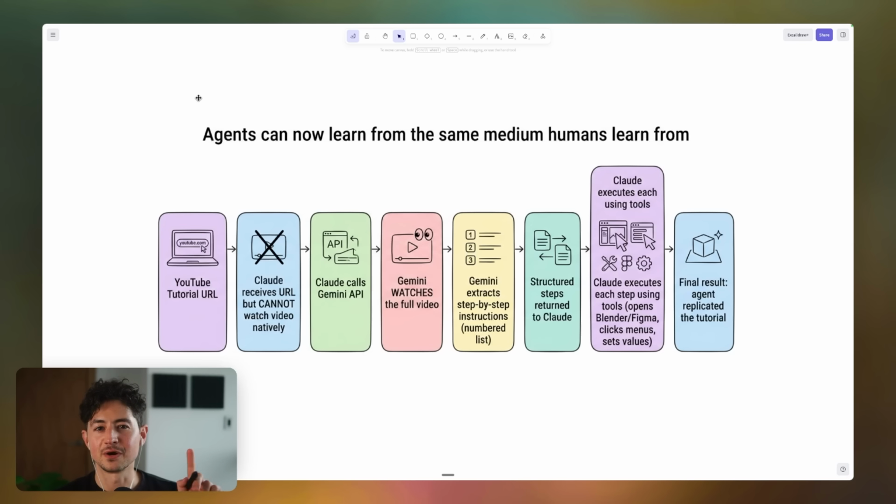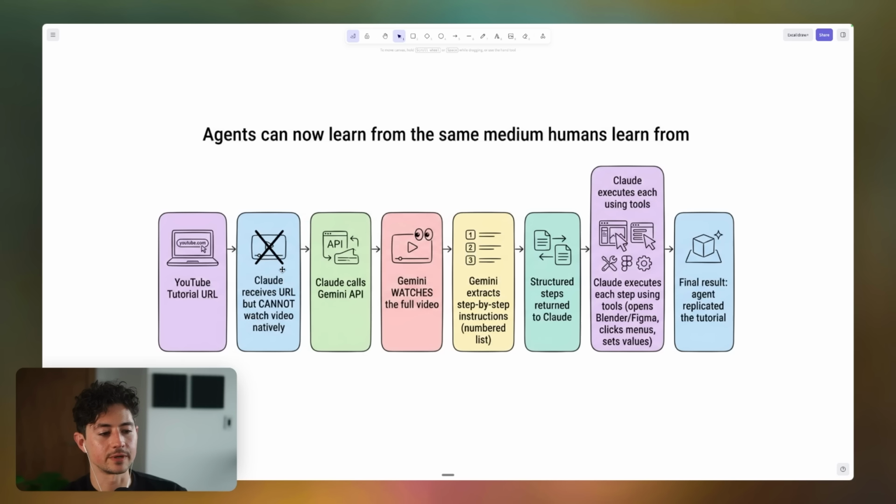Well, what this model does is it divides videos into 1 frame per second instead. It then analyzes the images in succession and then uses a form of descriptive prompting to break that down into very, very clear steps. So basically what occurs is you'll feed in something like a YouTube tutorial URL.